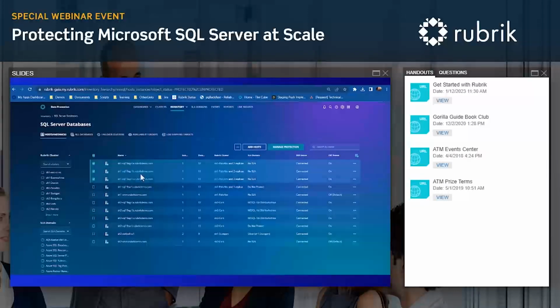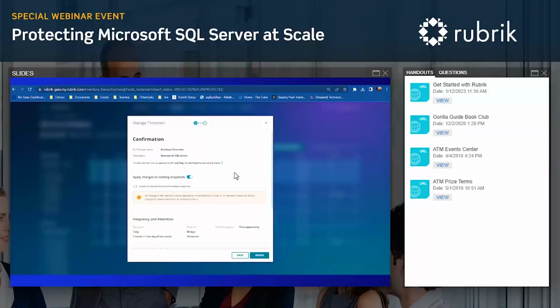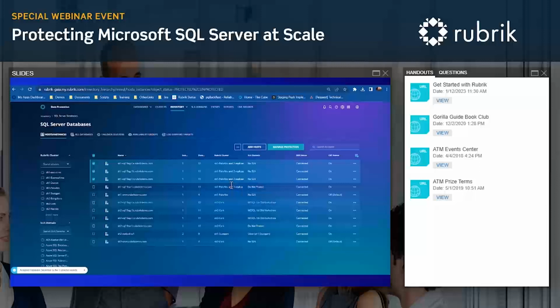If I go ahead and click these 3, and then I'll hit Manage Protection. And I'll go ahead and hit the Database December SLA here. Down below, you see here we have a copy only section, but let's just stick with the options we've chosen. So click Next, and I'll go ahead and assign that. And at this point, you've assigned to the specific hosts. They'll go ahead and assign the SLA to the instances themselves and also to the individual databases underneath.